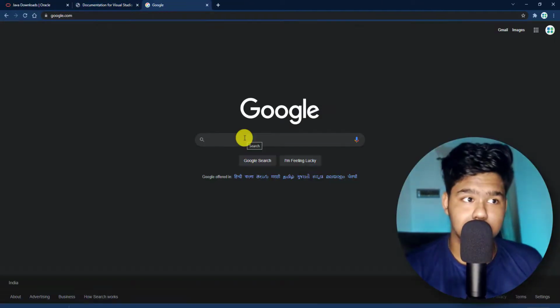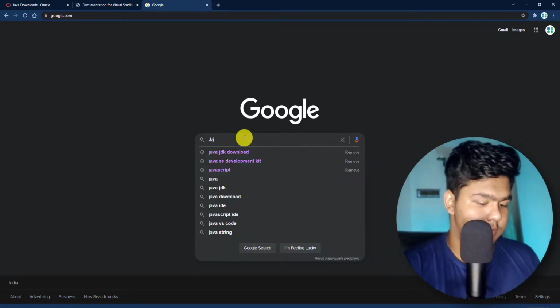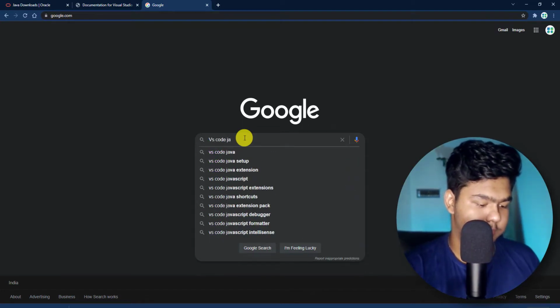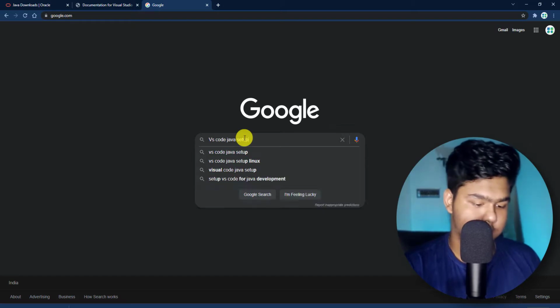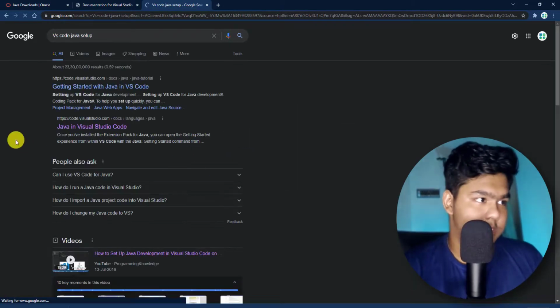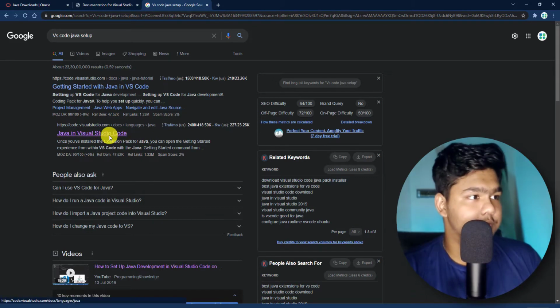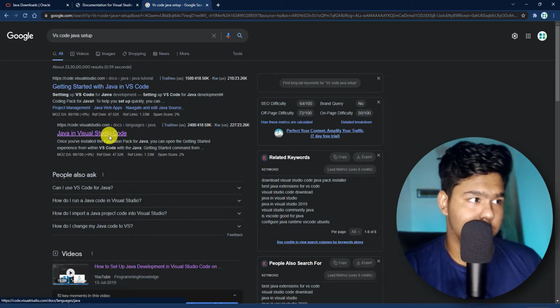So the third one is the Java kit for VS Code. We will download it by simply searching VS Code Java setup. Now you can see that Java in Visual Studio Code is coming. Go to the official VS Code website only.